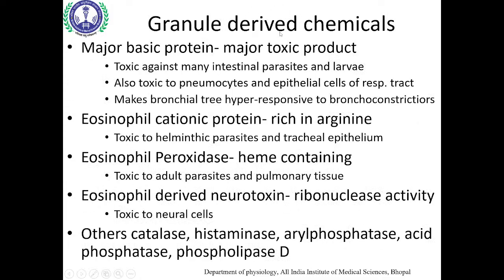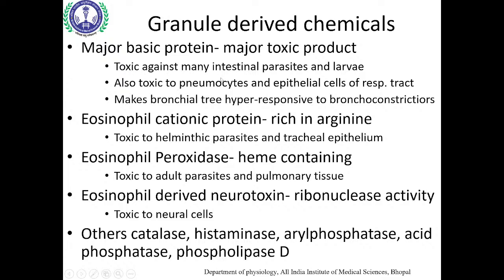Okay, then again the important contents of those particular granules are very important. ठीक है, इसमें से सबसे important होता है major basic protein. ठीक, and this is also responsible in conditions where eosinophil count increases in your parasitic infections, है ना, but the increase in this major basic protein, because degranulation will be occurring frequently, ठीक है, this causes hyper responsiveness of the bronchial tree and these persons often suffer from bronchial asthma. ठीक है, so, देखो है तो ये अपनी बॉडी का डिफेंस मैकेनिज्म, बट दिस इज लीडिंग when it is not controlled. अगर पैरासिटिक इन्फेक्शन को कंट्रोल नहीं किया गया, देन दिस इज लीडिंग टू अनदर पैथोलॉजी. ठीक है, so for that you should be vigilant enough, right?